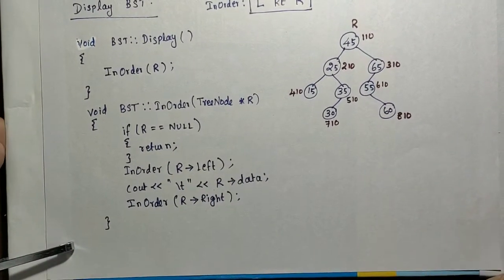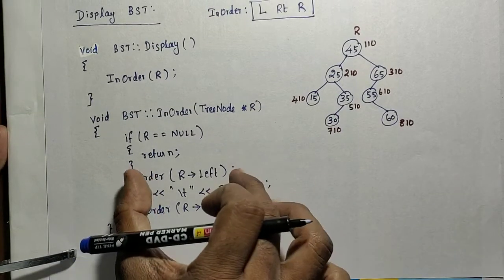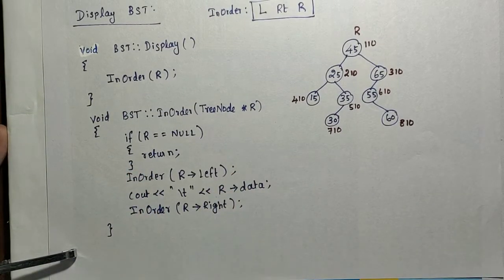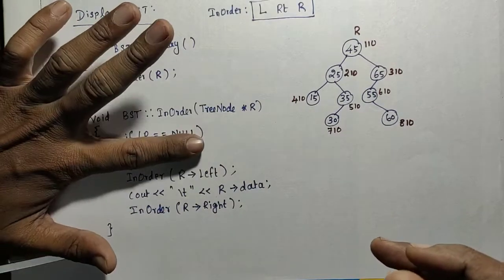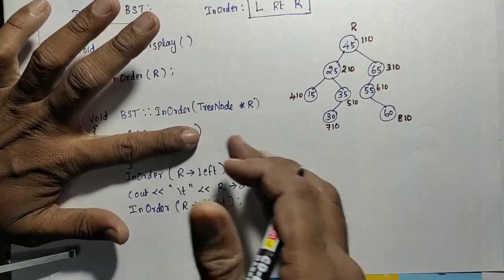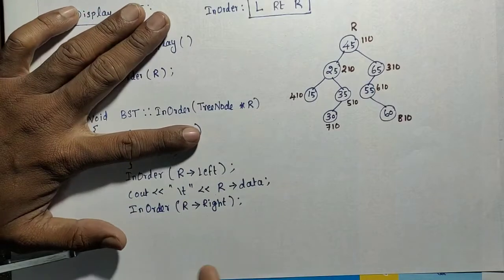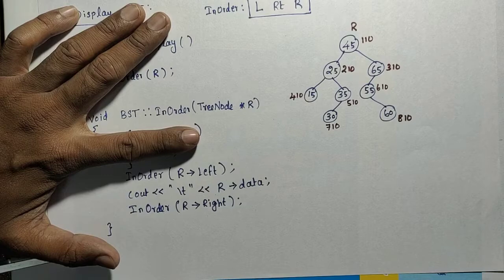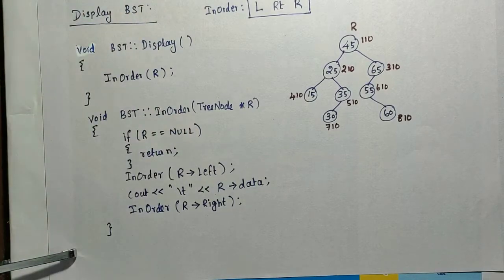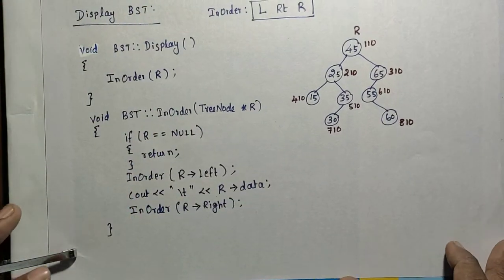The base case is nothing but the situation in which the recursive call, the procedure, is not needed. Based on that we have to set the recursive procedure. If it is not set, there is no use in designing this function. What will happen is it will be called recursively without terminating. So we have to set this condition.